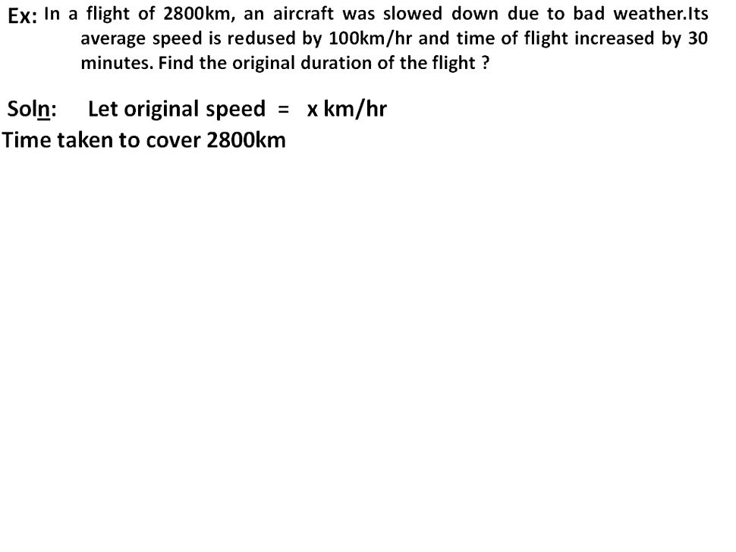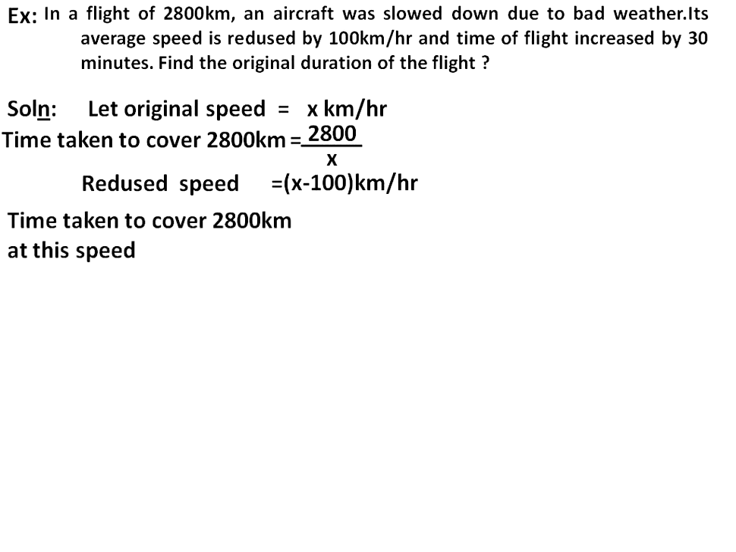Time taken to cover 2800 km is equal to distance travelled divided by speed, that is 2800 divided by x. Reduced speed is x minus 100 km per hour. Time taken to cover 2800 km at this speed, x minus 100 km per hour, with the same distance travelled, is 2800 divided by x minus 100,